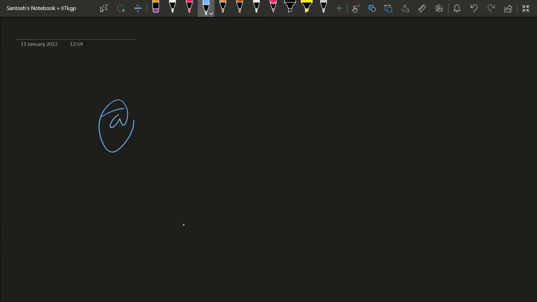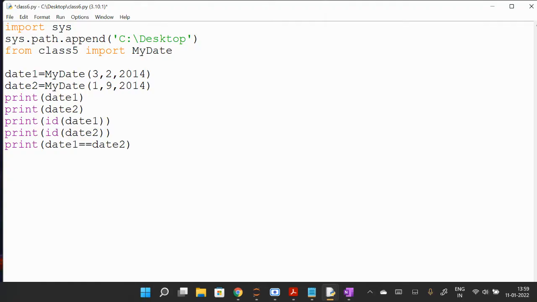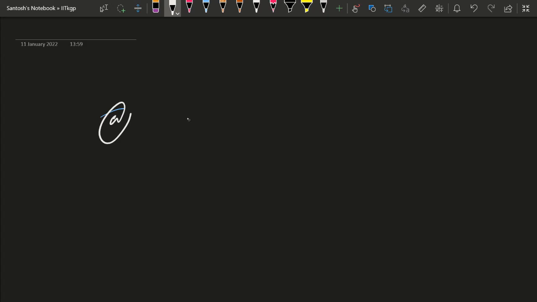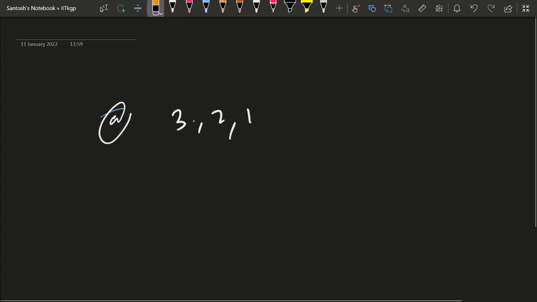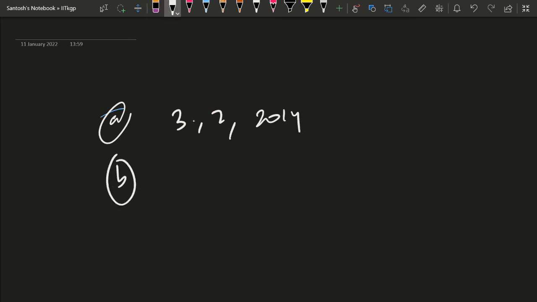Suppose I make the first option like this, we can make the option 3-2-14, 3-2-2014. Now you have to take care of each line of the program.